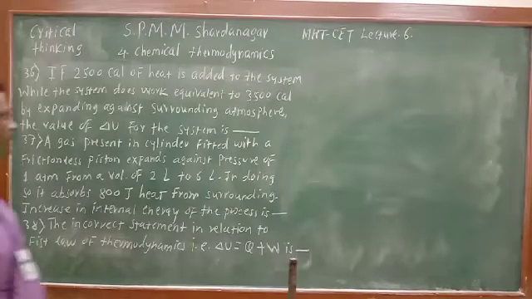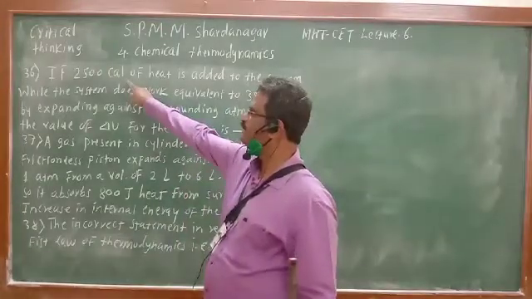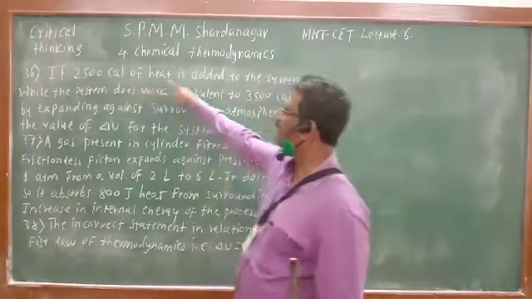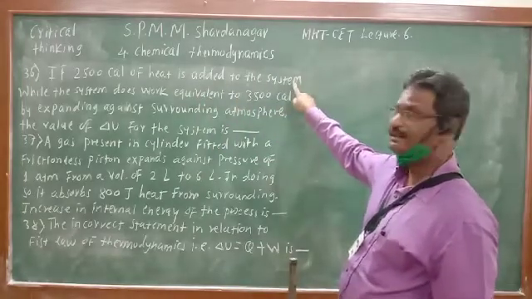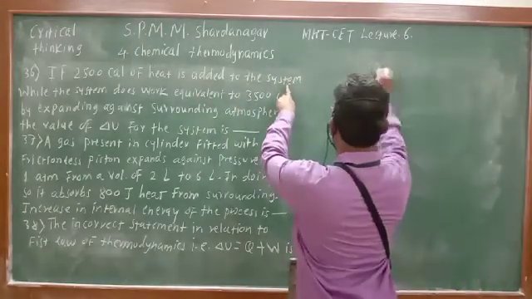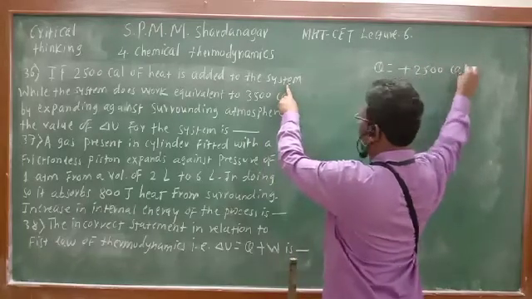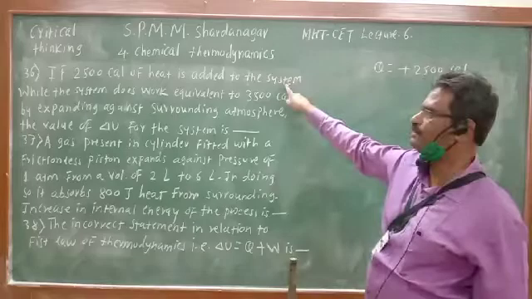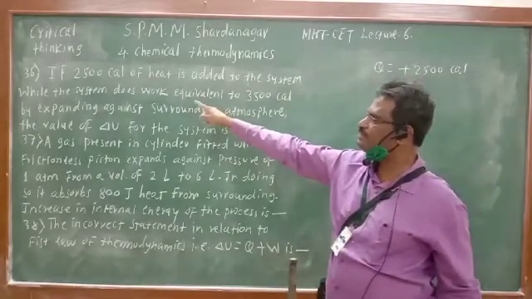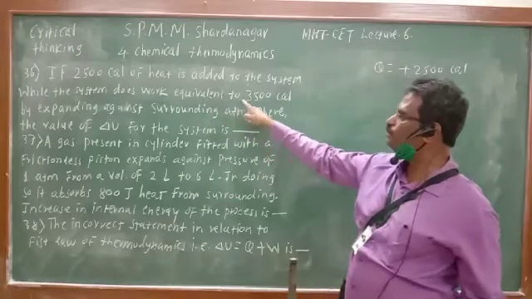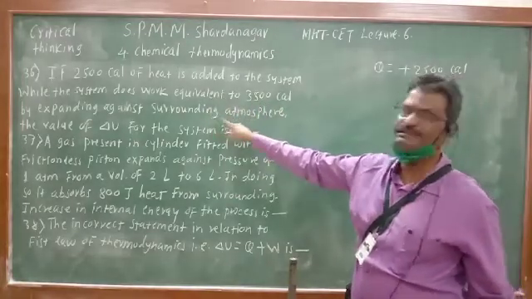Now see question number 36. If 2500 calorie of heat is added to the system, this heat is added means Q will be plus 2500 calorie. Heat is added means absorbed, so Q is positive. While the system does work equivalent to 3500 calorie by expanding against surrounding,